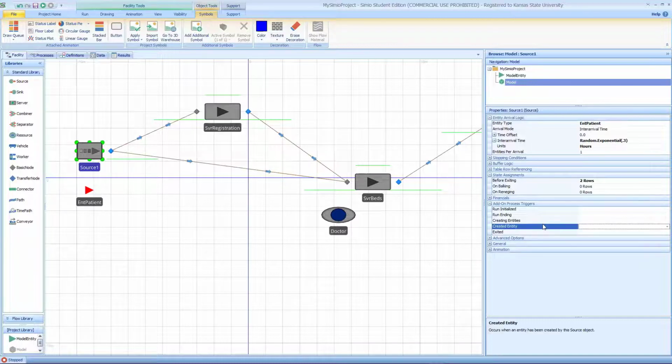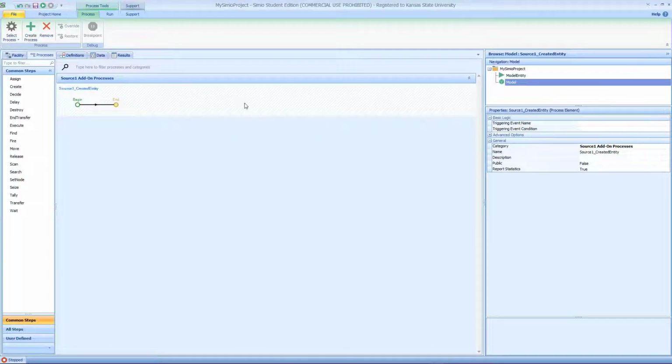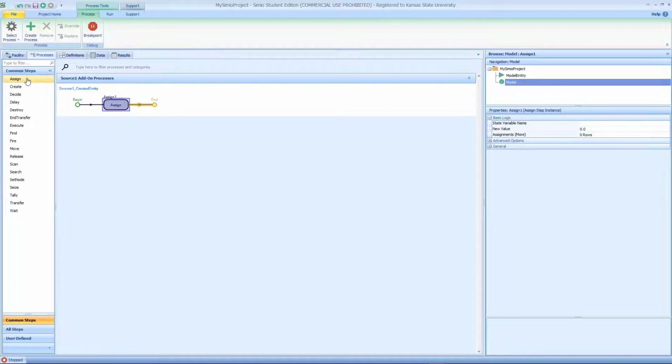I can create a process. First we're going to double click on this. So it automatically creates an empty subroutine. Every entity that just got created will run this small subroutine. In the subroutine, I have two things. First, I'm going to assign